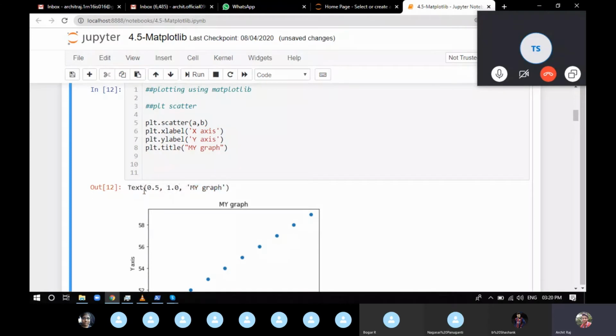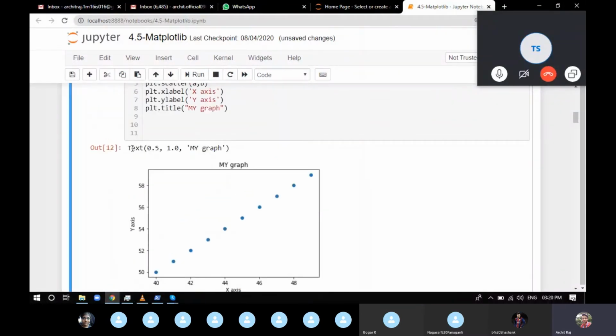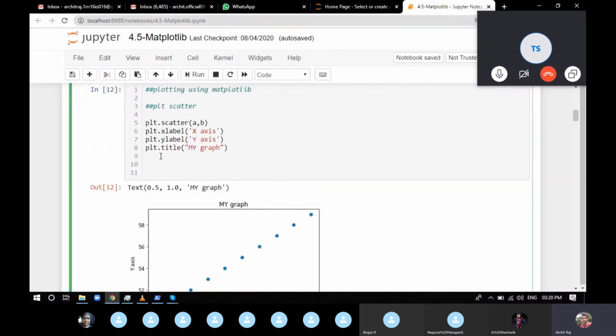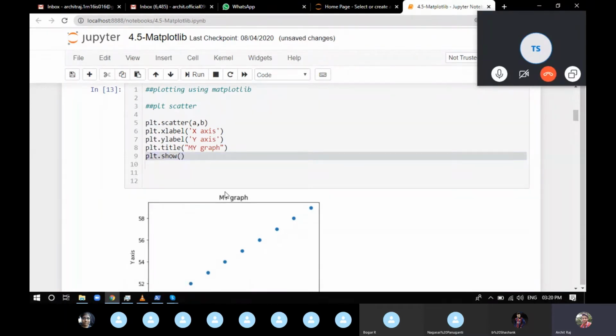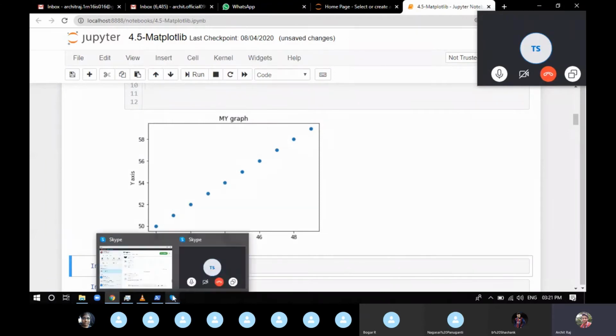You just have a single line telling what the x-axis is, what the y-axis is, and the name of the graph. That's it. You're not going to get the graph printed. So if you get an output like this in VS Code or any other IDE, know that you just missed a line, which is plt.show. If you use plt.show, the line will go away and the graph will be present there. Now, understood about the scatter plot?